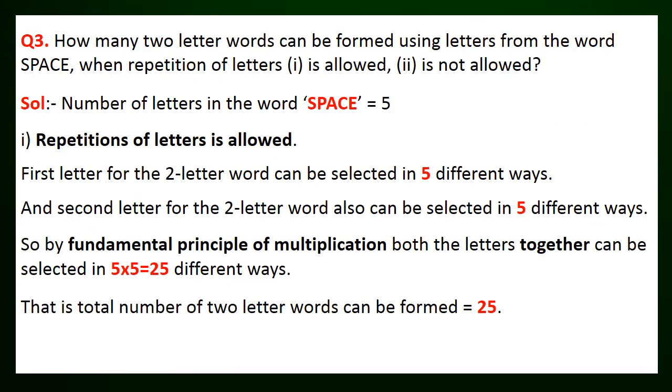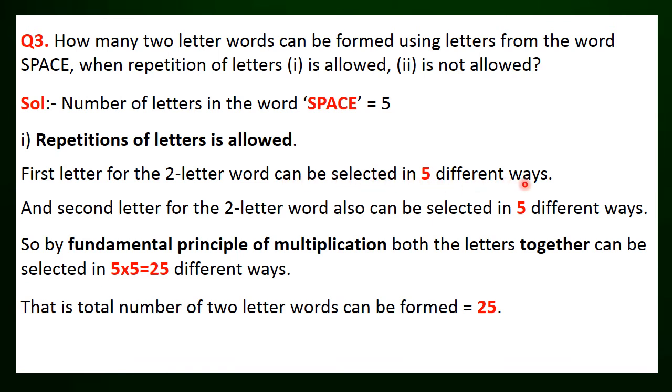Question number 3, a little different from the previous question. How many 2-letter words can be formed using letters from the word SPACE when repetition of letters is allowed and repetition is not allowed? Let us consider the first case. Note that the number of letters in the word SPACE is 5, and the condition, that is repetition of letters, is allowed. So we have to find the number of ways of selecting 2-letter words. So the first letter of the 2-letter word can be selected in